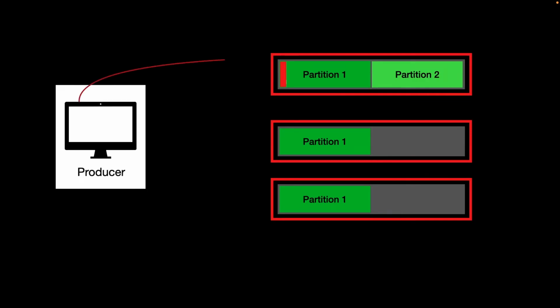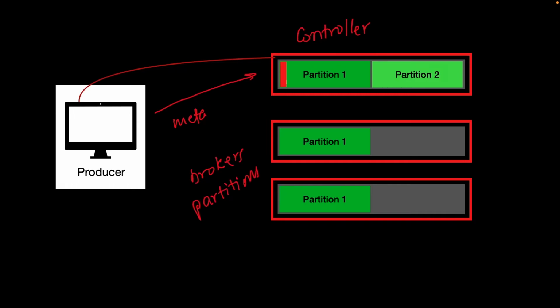The producer is the one that makes API calls and publishes data to the Kafka topic. In order to push a message into the particular topic, the producer has to get the information of the controller node of the particular partition. So what does it do? It first makes an API call to fetch the metadata. This metadata contains the information of the various brokers and the various partitions, and it also contains which partition is hosted on which broker. So the producer is going to fetch the metadata from any of the broker nodes.